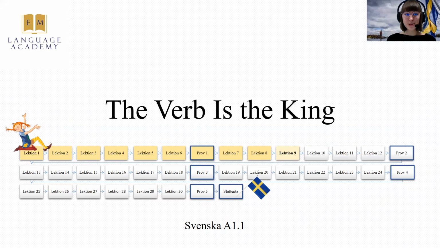Here on your screens, you should be able to see this outline of our course. As you see, we are going to have 30 usual lessons, lektion 30, right? So your first word is lektion, a lesson. You might also notice that we are going to have 5 really short and easy self-checkup tests that are here for you to assess how good you are in terms of studying Swedish. And then there's also sluttenta, or the final test, that is to be taken after having done the whole course. But let's not get too much into detail with all these tests, right?